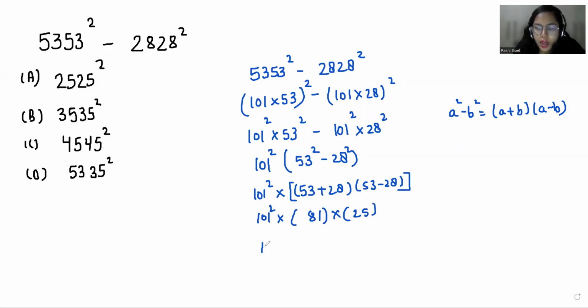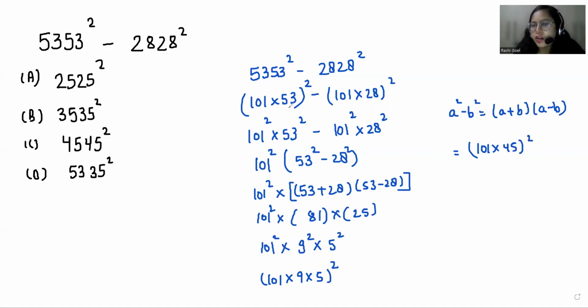Now 81, we know that it is a square of 9, so 9 square, and 25 is the square of 5. So we can write it as (101 times 9 times 5) whole square. Now 101 times 9 times 5 is 45 whole square. So we know that if we write 5353 as 101 times 53, so 101 times 45 is 4545 whole square. So our answer is option number